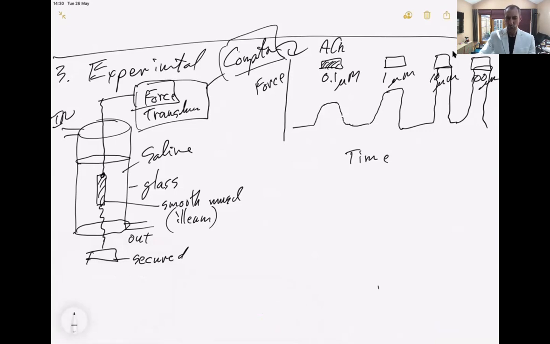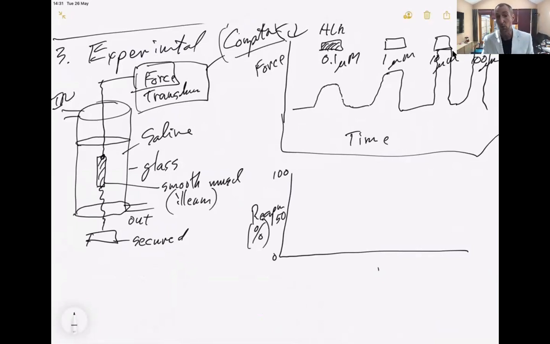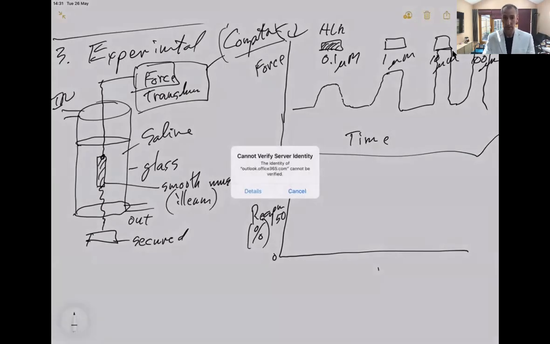So we normally don't just use this kind of time-based curve. What we do is we plot the data, and you guys will plot some of these data. So I'll just make another plot here. And what we're going to do is do response. The response is going to go from 100%, 50%, 0. So we're plotting the percent response. This is a physiological response. That's going to become really important when we talk about efficacy. So with a physiological response, we could plot this in